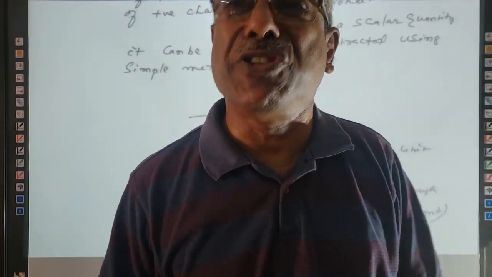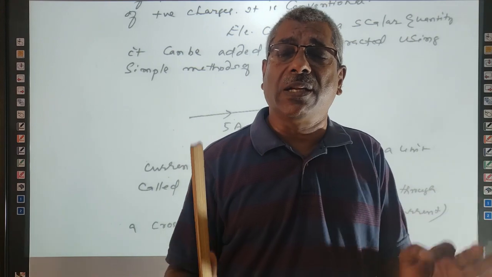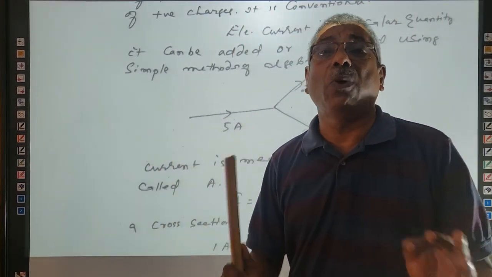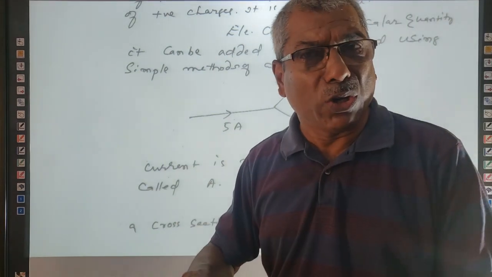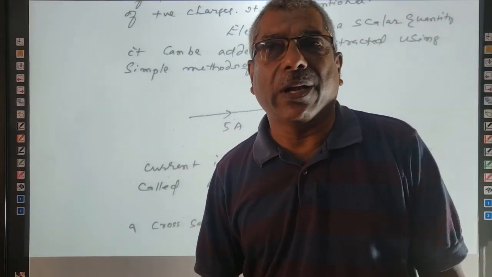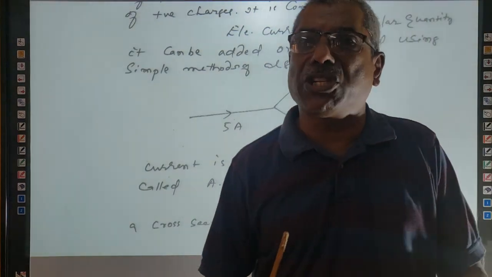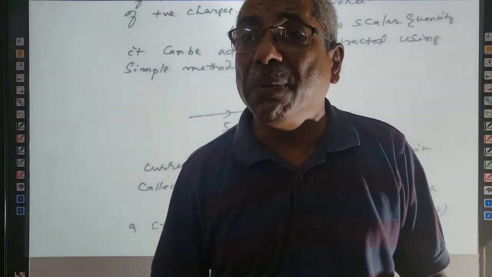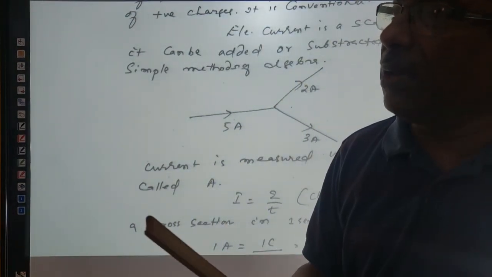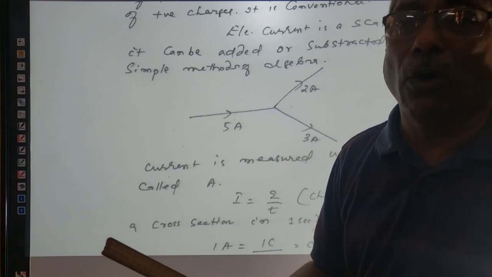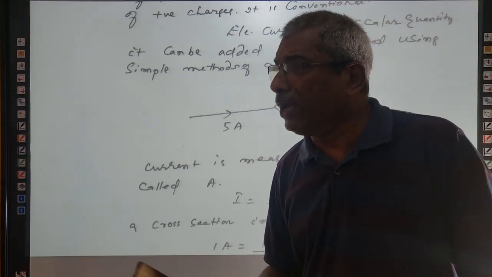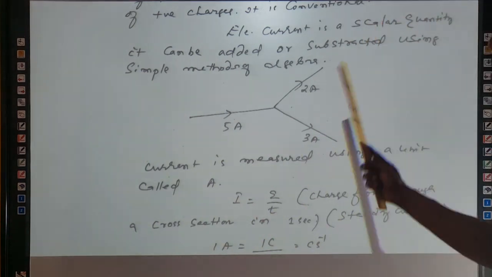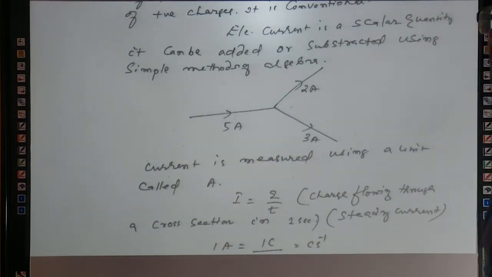Direction of electric current is conventional. What is the direction of electric current? The direction of electric current is the direction of flow of positive charges. But positive charges cannot move. But we take the direction of electric current as the direction of motion of positive charges. Why? Because it is conventional. It is a preceding convention, and for very long, this only we are following. Our forefathers in physics followed the direction of current as the direction of motion of positive charges. So all these things we have seen. Electric current is a scalar quantity.